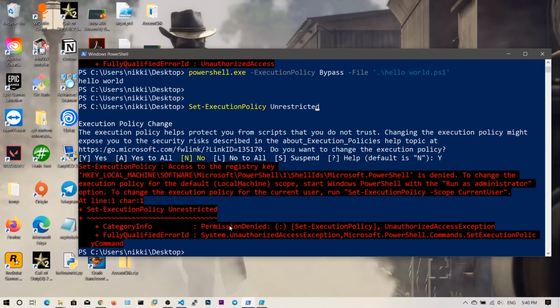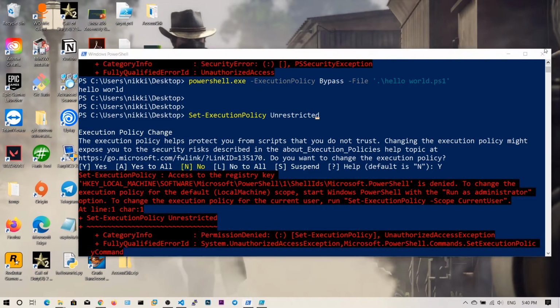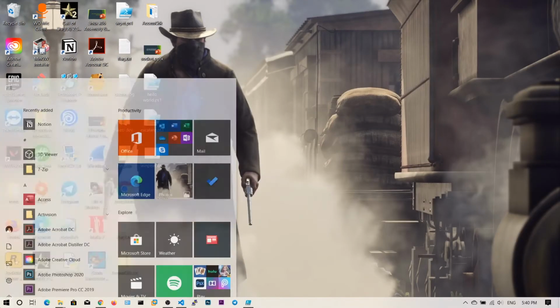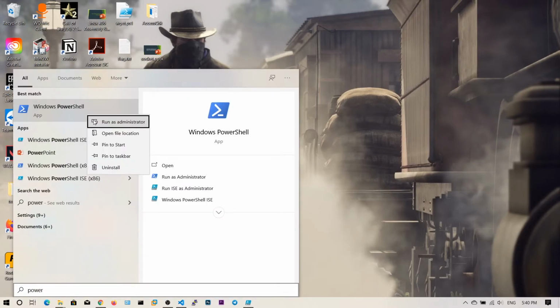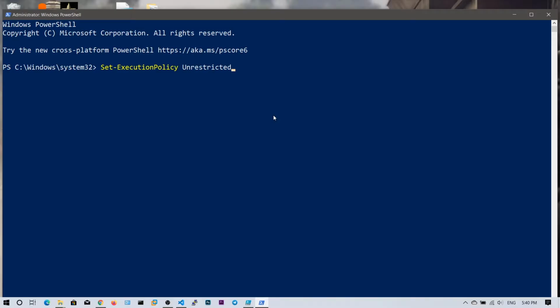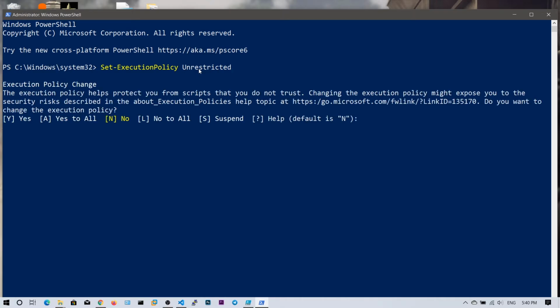It says permission denied. What you want to do is close this PowerShell and run PowerShell as administrator. Now if you run Set-ExecutionPolicy Unrestricted, it will work fine. Now press Y to change this execution policy, and now you can see this one.